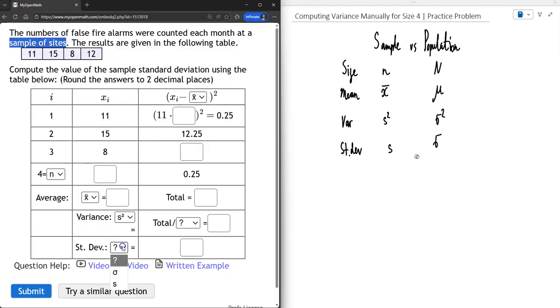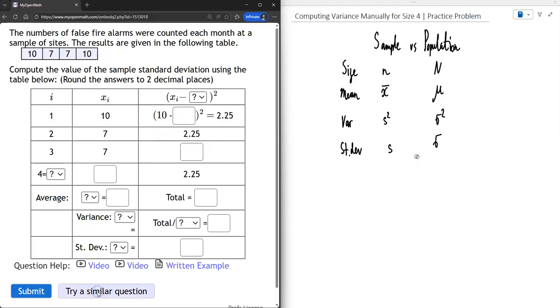Variance then will be s squared, standard deviation will be s, and the total will be divided by lowercase n minus 1, because of the adjustment